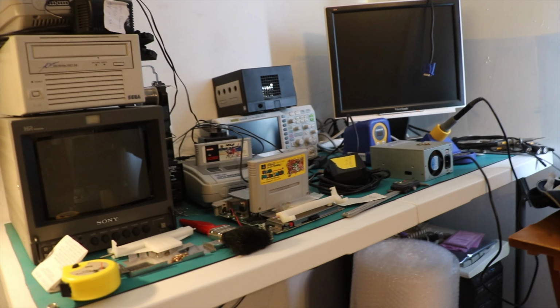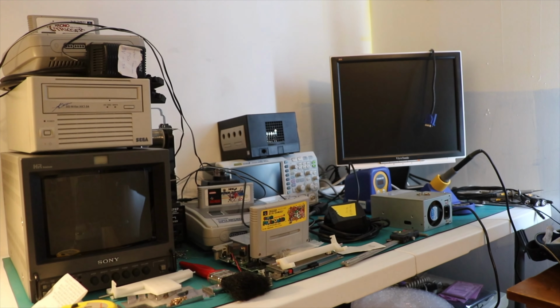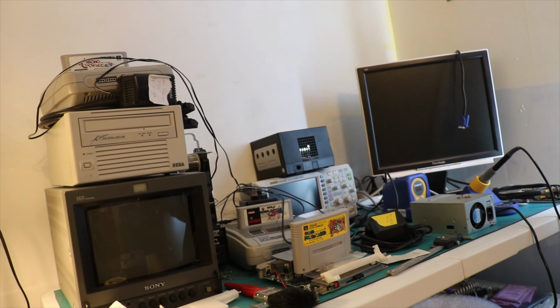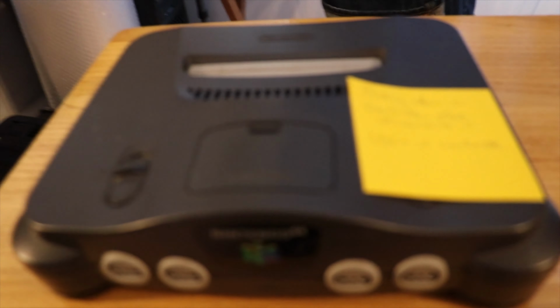Isn't that the way things always work out? You make a dedicated bench for working on and that's what happens to it. It just gets junk piled on top of it. So we're actually over here on this little table here,